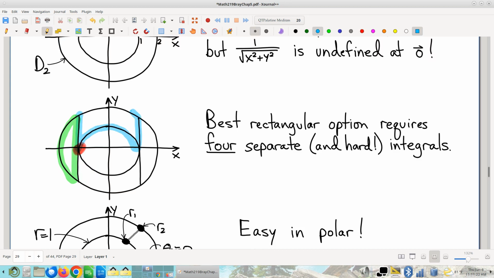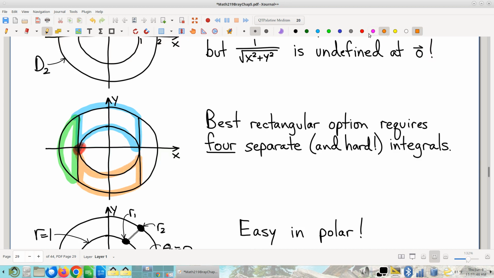For the green integral and for the blue integral, that curve is where your upper bound comes from. But for the green integral, the lower bound is there. For the blue integral, the lower bound is there. They're different. You can't write them with the same iterated integral. So totally different domains. And then furthermore,